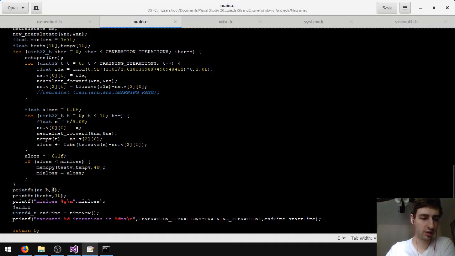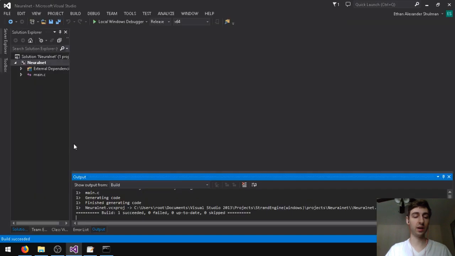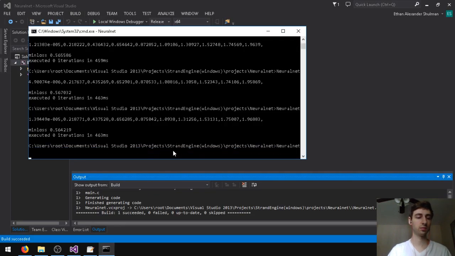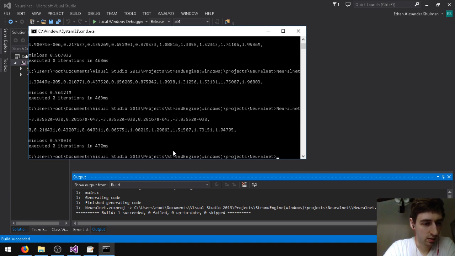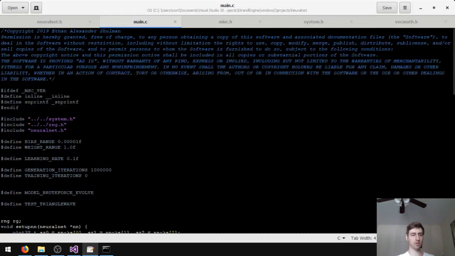So let me think about that. 2 biases, 3 weights, so that's 5. Yeah, so you can see there the first bias is actually negative. The first weight is negative 2. Oh, they're insanely small values. E negative 30. That's not making much sense. If the values are so small,